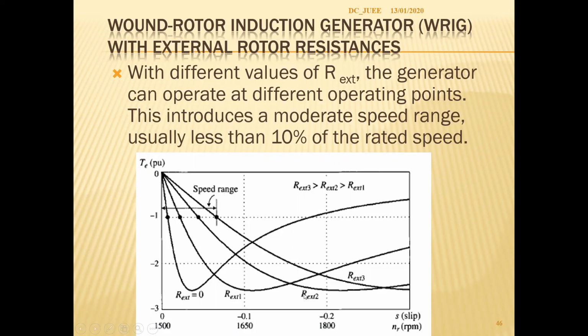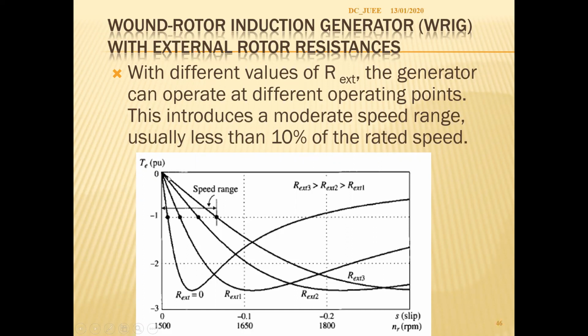Here, if you see this, so the torque. Now the torque limit at rated resistance can... the torque limit at rated torque will actually appear at a speed which is very near to synchronous speed. That means the situation of fixed speed condition, right?